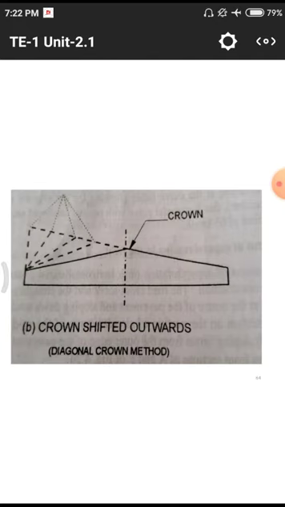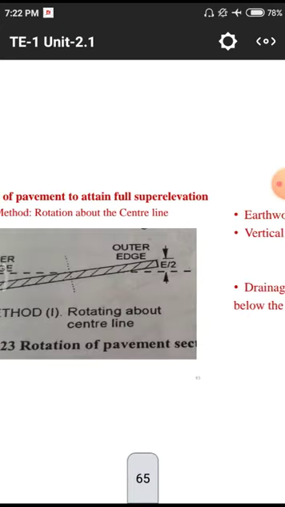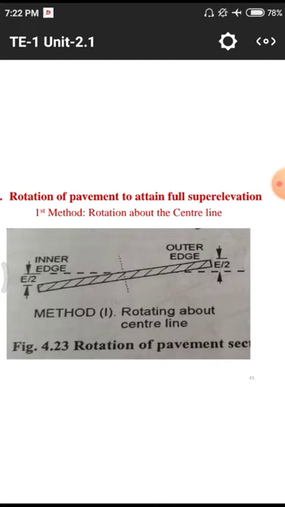a crown method. That means normally this crown is kept for draining of water. So in this method, by implementing this crown-like structure, disturbance will occur on one side due to stacking of water. So we need to avoid this crown-like structure, especially in constructing super elevation curves. So we need to use a method of rotating about one edge only. That means either by its inner edge or outer edge.